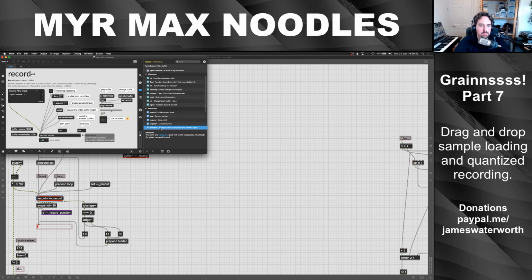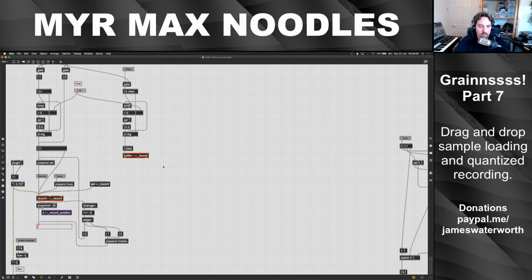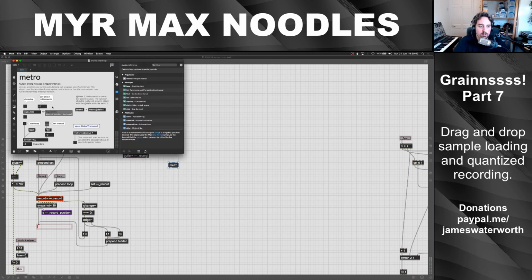Maybe, maybe not. We'll find out. You can link it to a transport and to some degree associated with the transport. I'm not quite sure why. What we'll generally be doing is setting up something below this record button where when we turn quantize on, you can have a metro object, and the metro object can be synced to a transport by sending it a